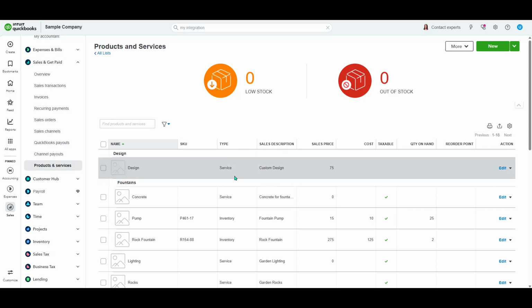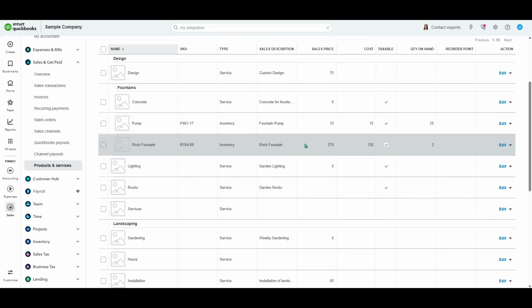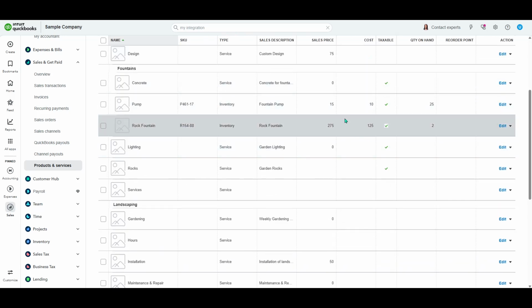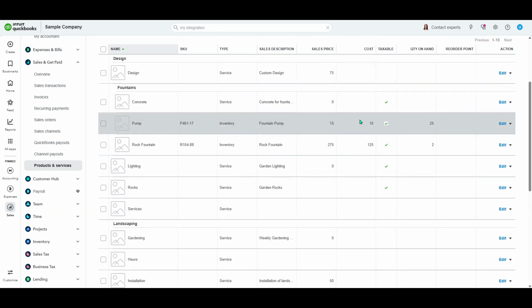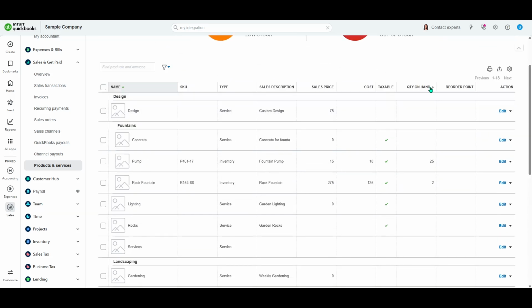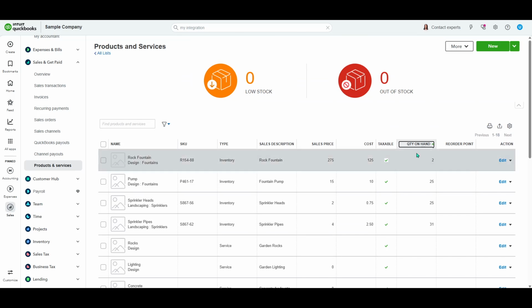Here, you'll see a list of all your products and services, along with their quantity on hand. Quantity on hand reflects what QuickBooks calculates based on your purchases, sales, and any adjustments you've recorded. Keep an eye out for negatives or low numbers. Those usually mean items are selling faster than you're replenishing them. You can use the search bar to find items quickly, and you can sort columns to see what's running low